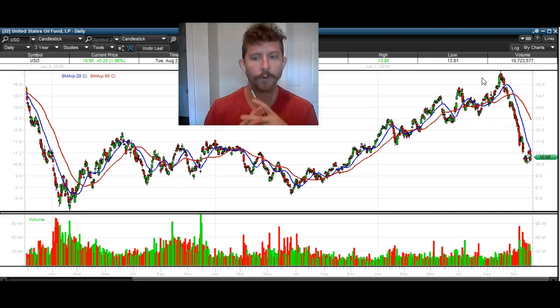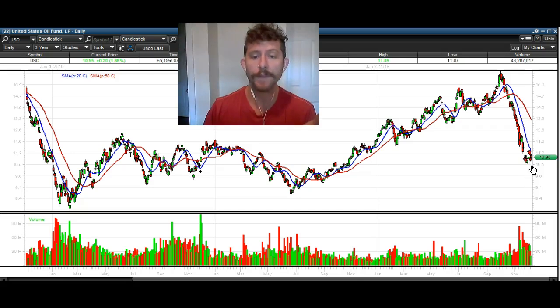Secondly, I want to point out the other bottom that we had right over here. Not quite as clean and bunched, but you can see a lot of volume right here in this range, right where we bottomed. Again, high volume marks bottoms. Again, what are we seeing recently right here? Look at this volume uptick right here. And notice how this is clearly not a top, because we've been trending down for the last couple of months.